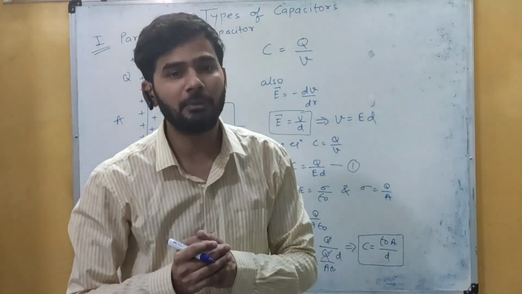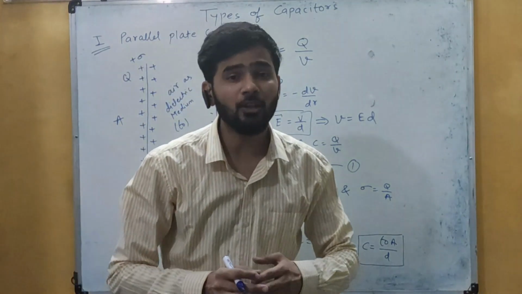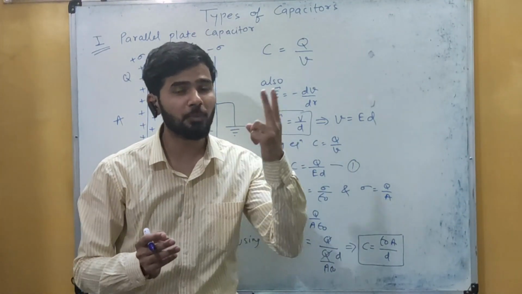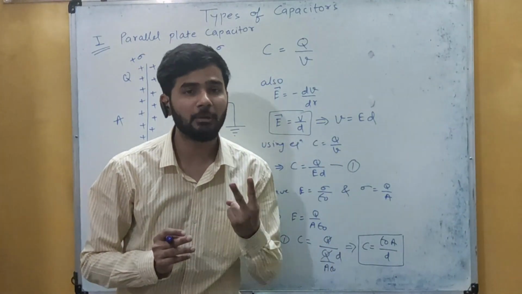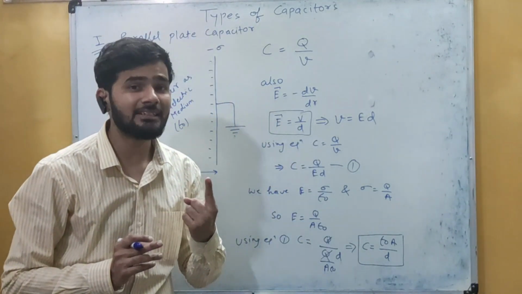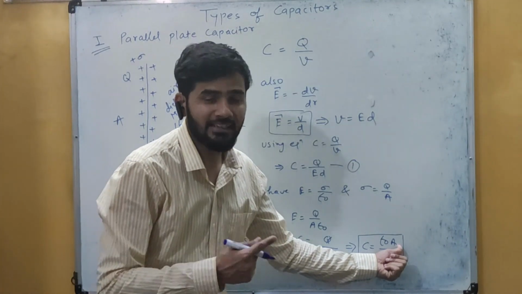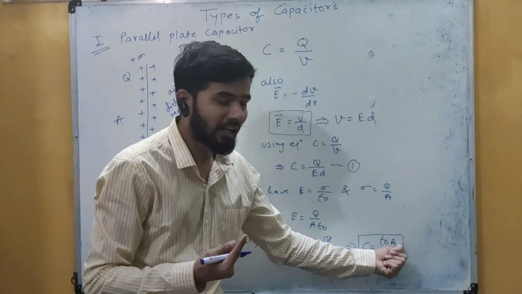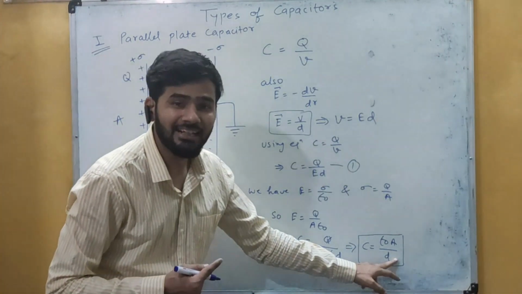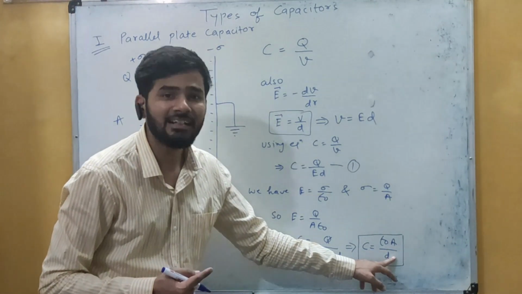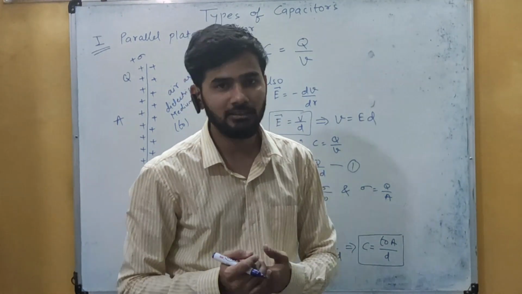Okay, now while we are studying the parallel plate capacitor, while we are studying about the capacitor, we have seen the 2 points, that on what parameter it depends. It depends upon two parameters. The first one, shape and size, and second one, the permittivity of the medium between the plates. Okay, so first is the shape and size. Now here you can see the shape, that is based on the area. जैसा उसका एरिया होगा वैसे उसका शेप होगा, and the size, that is the distance between the two parallel plates. So you can see from A and D, that is the dependency of capacitance on area and distance. So this capacitance depends upon the shape and size of the conductors.